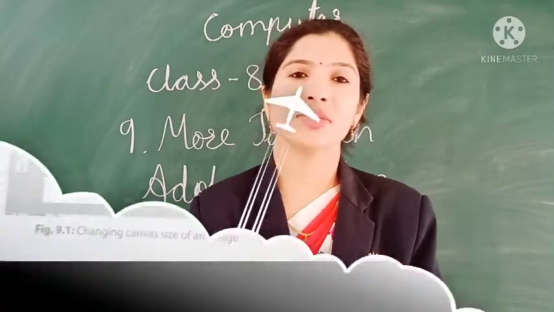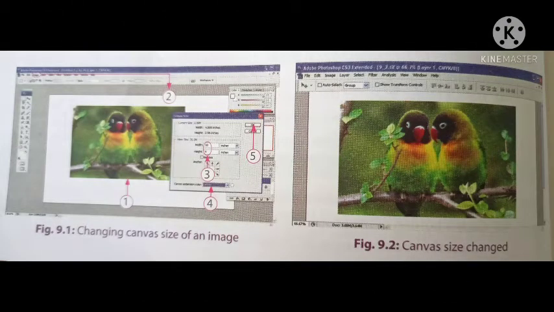Now, let's see some steps. First, start Adobe Photoshop and open an image. Select Canvas Size option from Image menu. The Canvas Size dialog box appears on the screen. Enter new canvas dimensions in New Size box and click an anchor point such as Center. Then specify the background color in Canvas extension color box and then click on the OK button. Photoshop changes the canvas size and fills the new canvas space with the specified background color of the image.